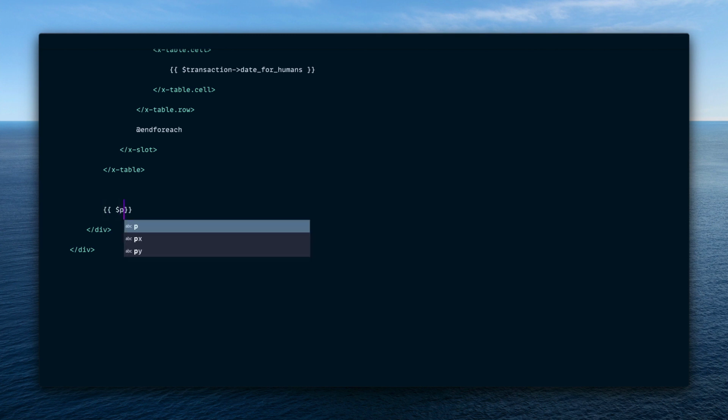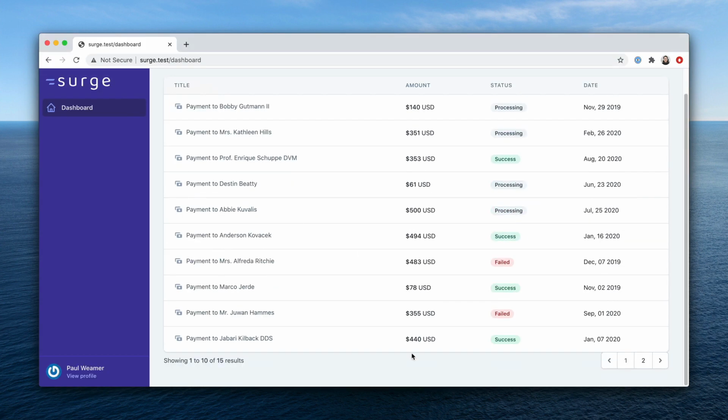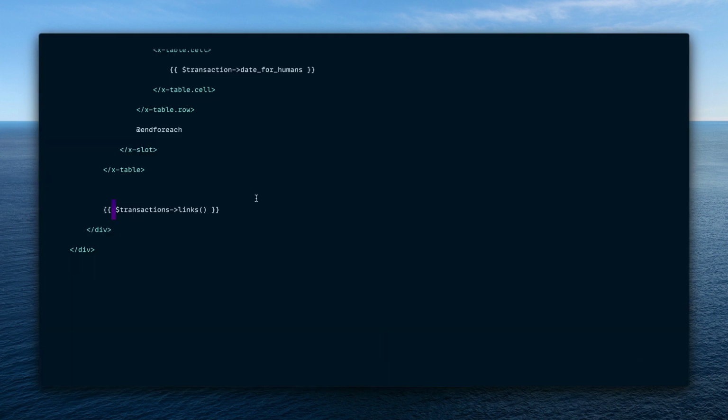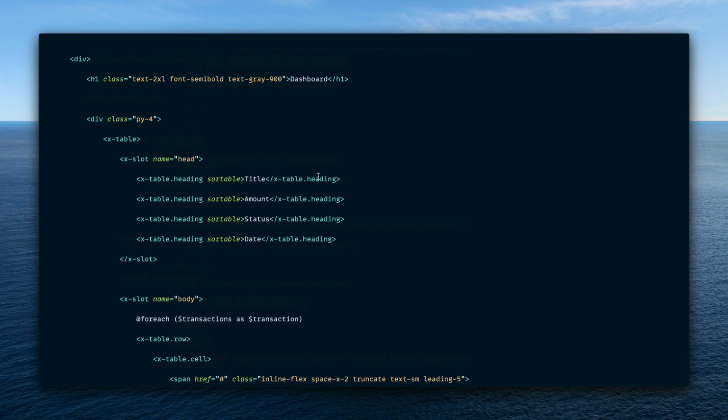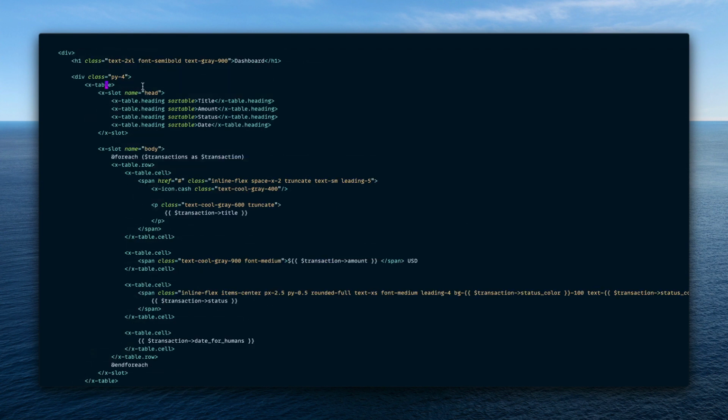We'll say transactions links. Okay. And refresh. And there we go. We have some links. Let's make these styled a little bit more nicely. What do we want to do here? I think what we want to do, let's go back into scanning mode, and let's wrap this in a div,